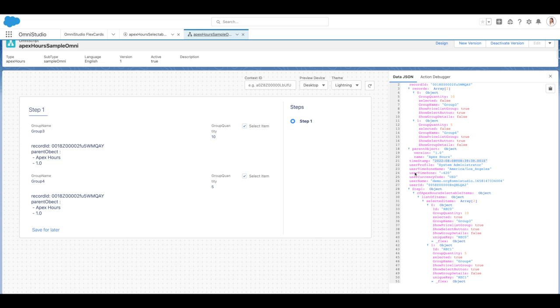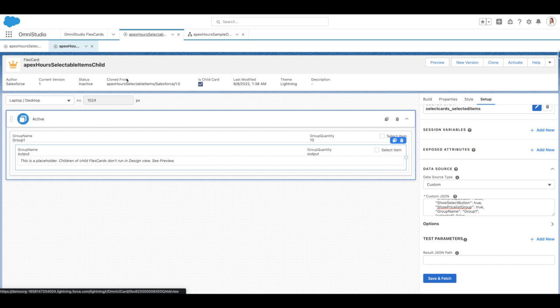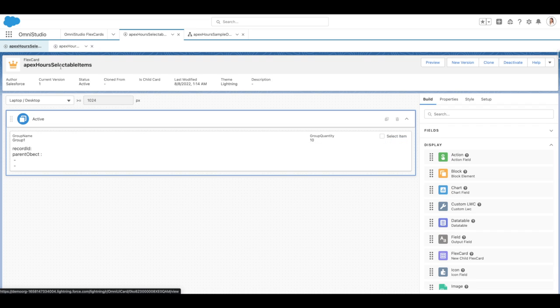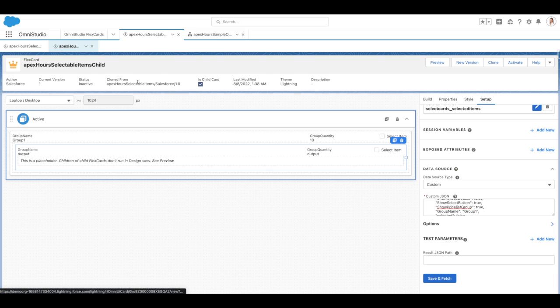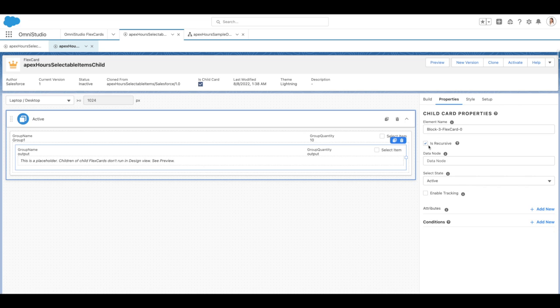But maybe your data structure comes in quite a nested way, right? So maybe you want to recursively load the same card based on the payload that you receive. How are we going to do that? I have cloned our original Apex Hours selectable items, and I have made it a child card. After I made it a child card, I'm able to embed this card into itself by using the recursive checkbox,